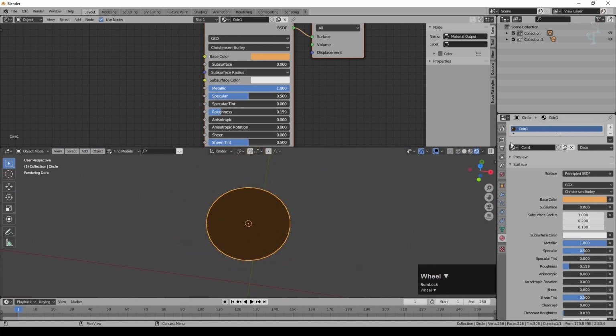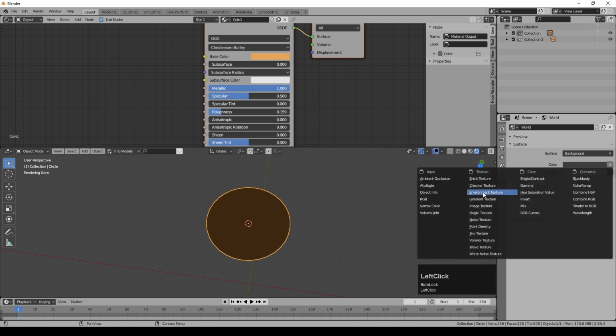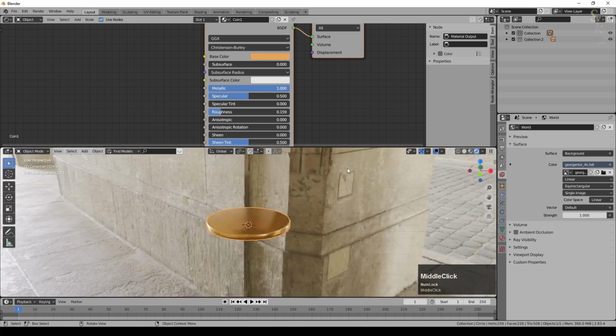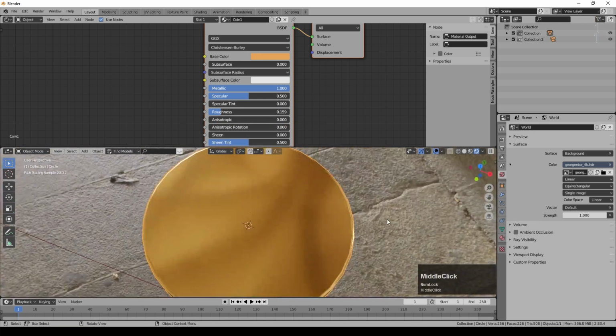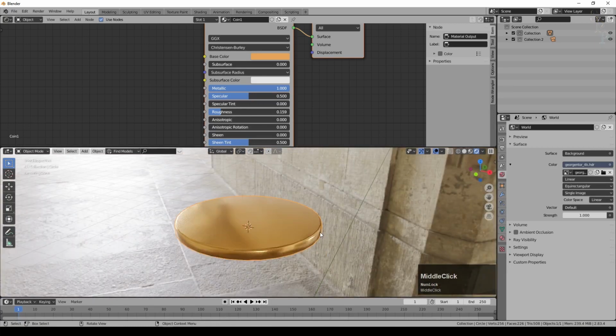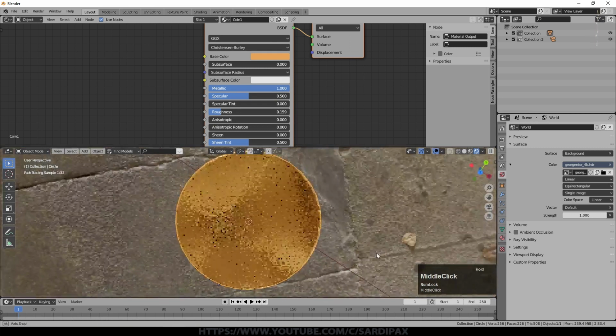We go into rendered view, and I'm still in Cycles mode, but I've got no lights at the moment. So what I'm going to do is just go to the world, say use nodes, select an environment, and I'll use an HDRI for the environment. You can see the HDRI in the background, but most importantly, it lights the scene in a realistic way, which helps with showing the object, especially metallic and reflective objects. So at the moment it's just an unstamped coin.